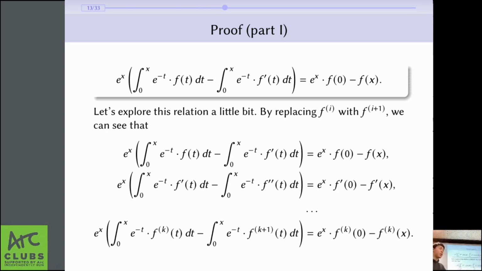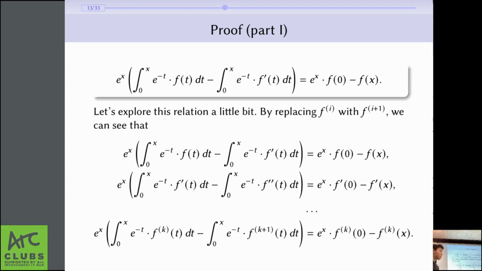And then if you keep going, you can kind of see that we're going to get the kth derivative of f with respect to t minus the (k+1)th derivative of f with respect to t is equal to e to the x times the kth derivative at 0 minus the kth derivative at x. So hopefully this is not too hard to see. You can kind of confirm this yourself as well. But this is just replacing the ith derivative with the (i+1)th derivative,